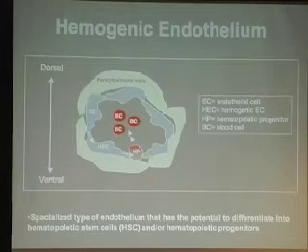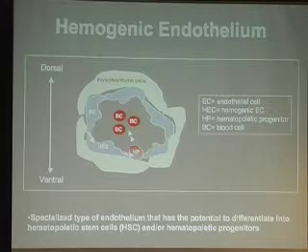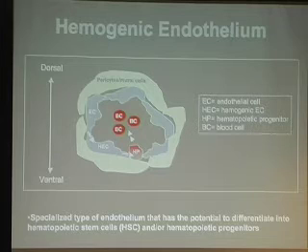So the reason why my lab would care about hematopoiesis, because we're primarily a vascular lab, is because we believe that the endothelium provides the origins of hematopoietic stem cells during embryogenesis. And so this model represents what we believe is going on. To orient you, this would be dorsal ventral, and this would represent a large blood vessel such as the aorta. What we have initially is a primitive endothelial cell, which then becomes specified to become a